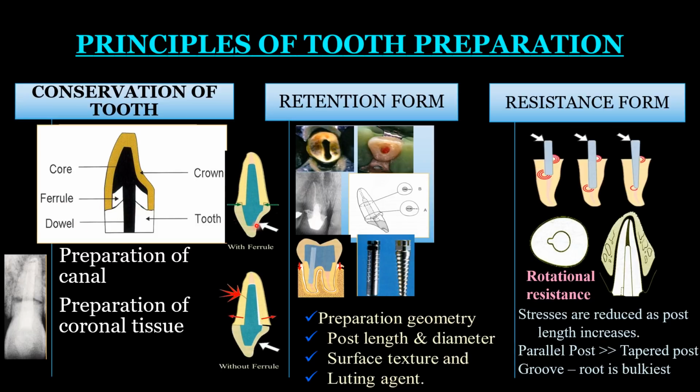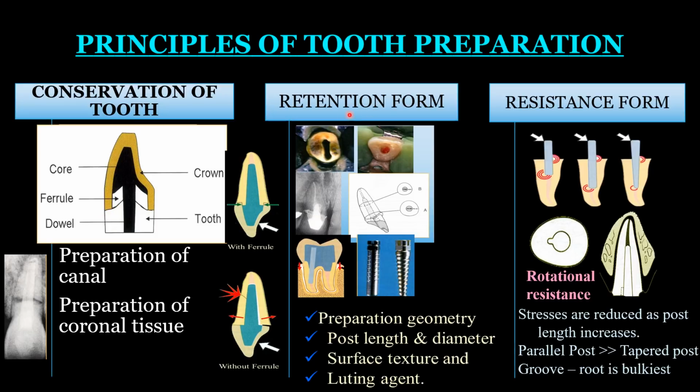As we see in this picture, the ferrule is present and the ferrule is not present. The tooth without the ferrule will be more prone to fracture. A ferrule reinforces the tooth. It provides the retention to the crown and also decreases the incidence of fracture. And mind, the longer the ferrule, the more the fracture resistance. Minimum 1 millimeter of ferrule is essential. And always remember, the crown should always terminate on the sound tooth.